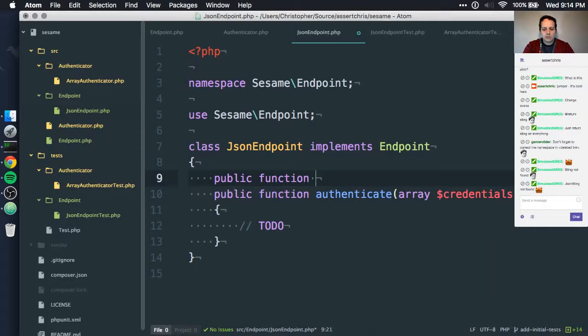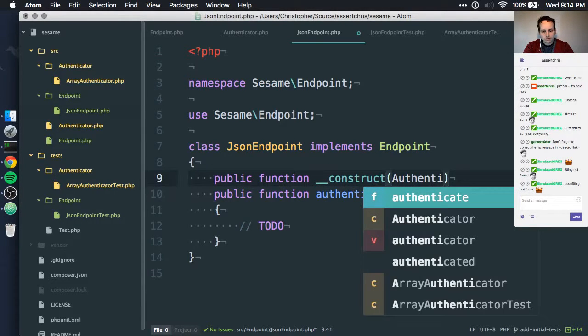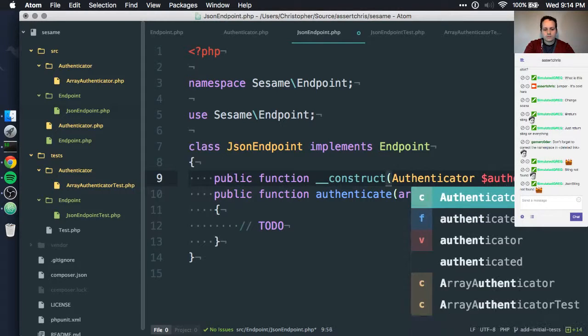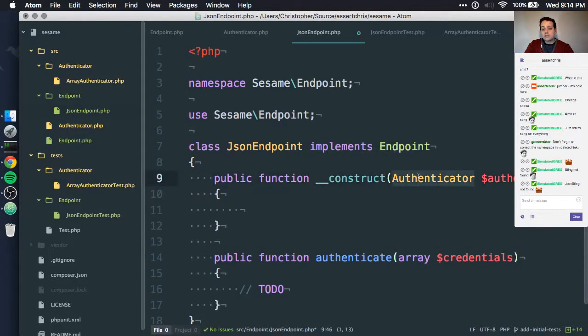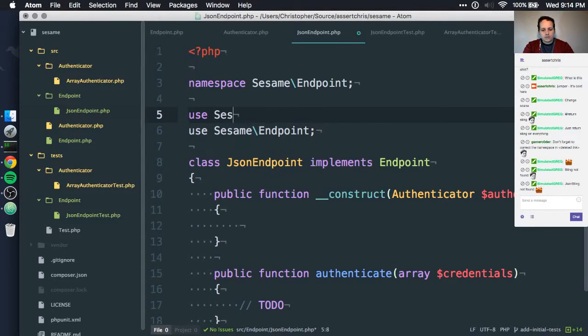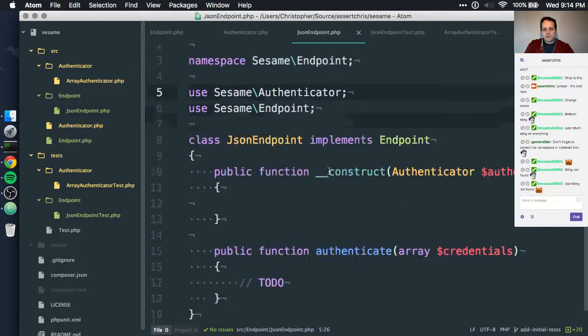Let's just say for now, public function construct, and this accepts an authenticator. We can type in this, so it's even easier than having to do our authenticator stuff. But we need to use this, right? So Sesame authenticator, because we need to get that interface into this namespace.